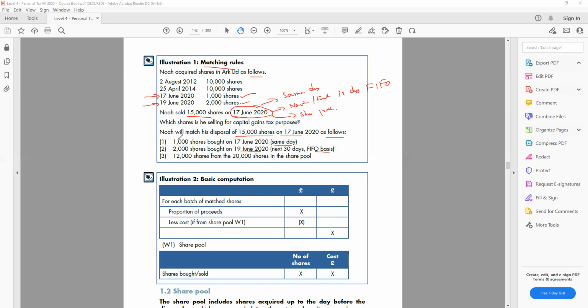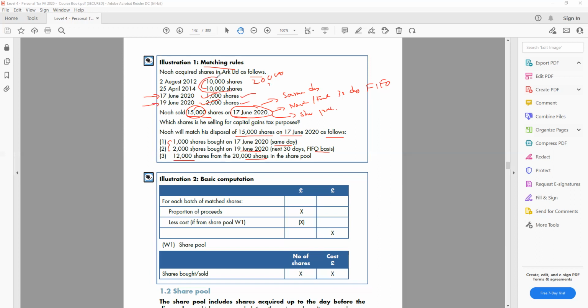And we still need some shares because we have 1 plus 2, we have 3,000. So we still need 12,000. This 12,000 will come from the share pool. So anything that is not the same day and not within the next 30 days will be share pool. So that means 10 plus 10, this 20,000 shares, are in the share pool. From 20,000 we'll take 12,000 because we need to sell 15,000. So we take 1,000 from the same day, 2,000 from the next 30 days on FIFO basis, and another 12,000